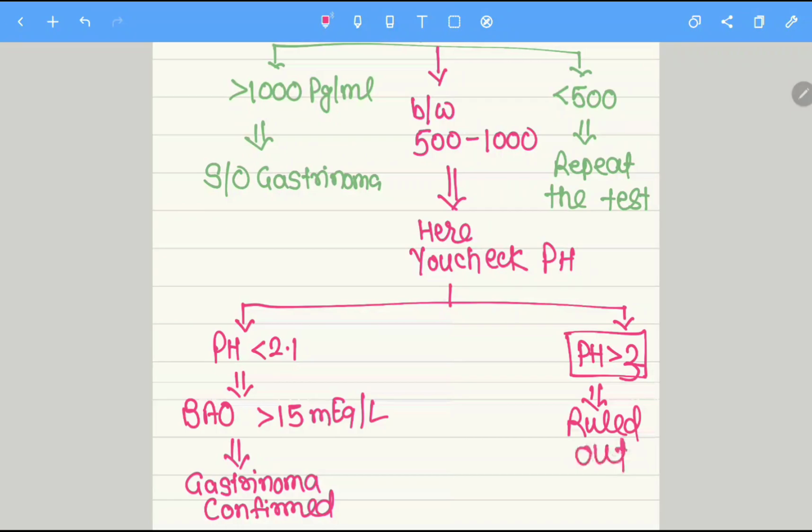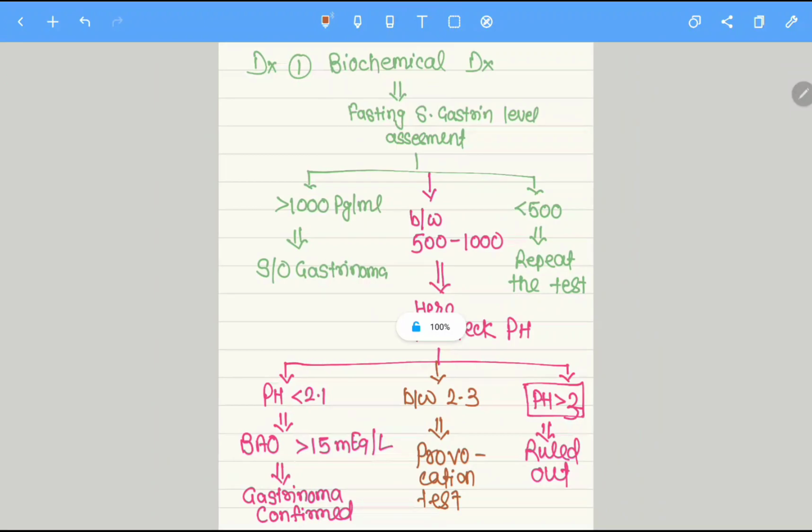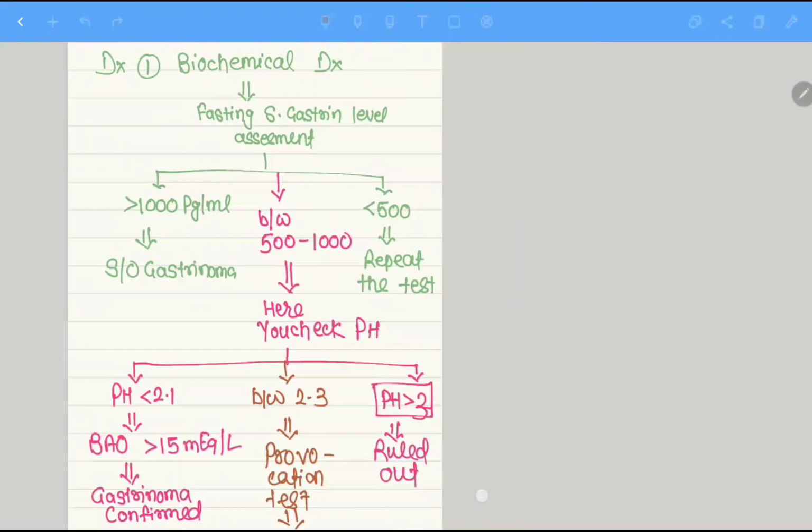But if this is between 2 to 3, what will you do? Again, there are high chances of the gastrinoma, so you will do a provocation test. So this is the algorithm. We'll continue this. Yes, which provocation test will you do? So the provocation tests are